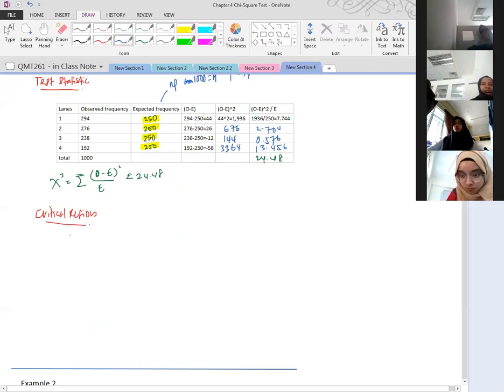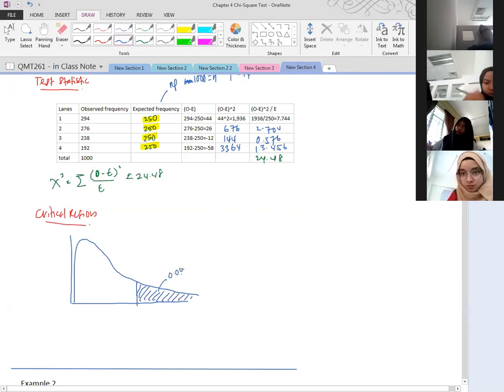Our critical region is found using a chi-square distribution, right? It's a skewed to the right distribution. So we want to find the probability of 5% error, so this is 0.05. This is the rejection area. So the chi-squared is df and